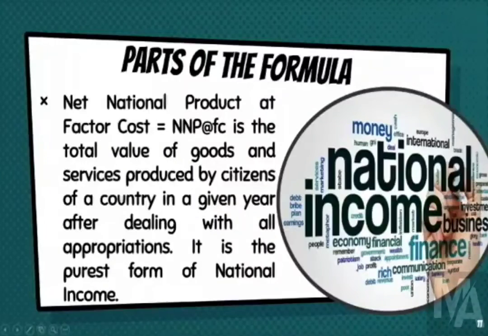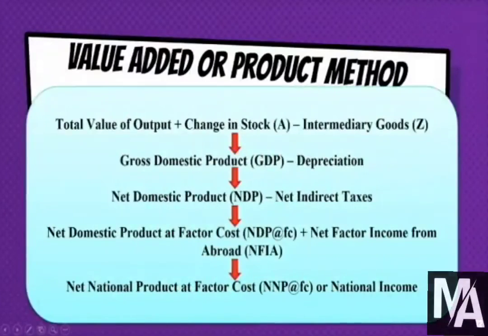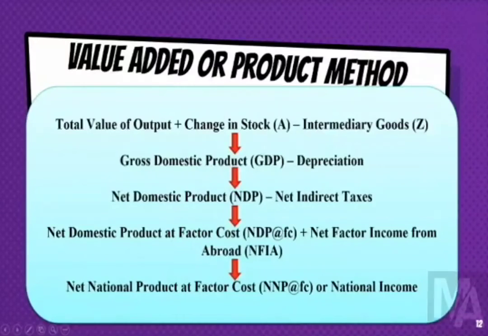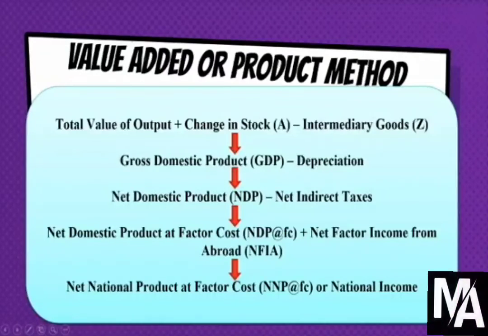So a quick recap of the entire formula: total value of output plus change in stock minus intermediary goods. When you do that, you get GDP, that is the total value of goods and services produced by all people within the boundaries of a country. It can be Indians, it can be foreigners, and so on. From that, when you reduce the depreciation, you get net domestic product. Now from this, when you minus indirect taxes and plus subsidies, or simply minus net indirect taxes, you get NDP